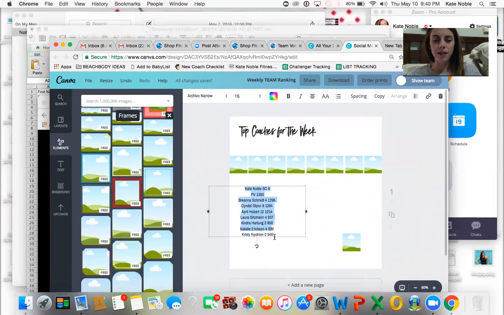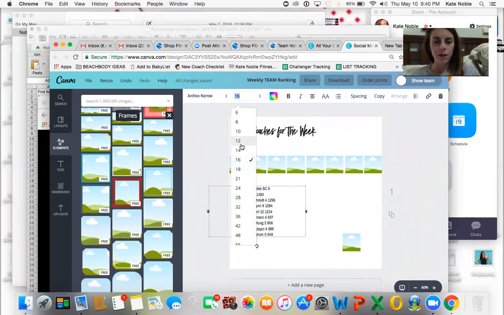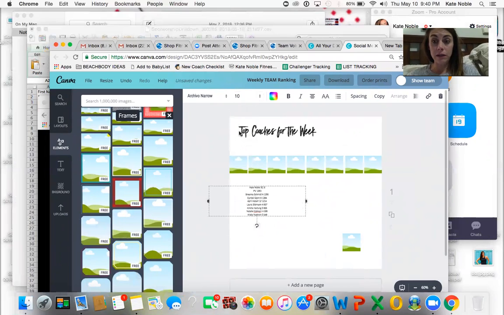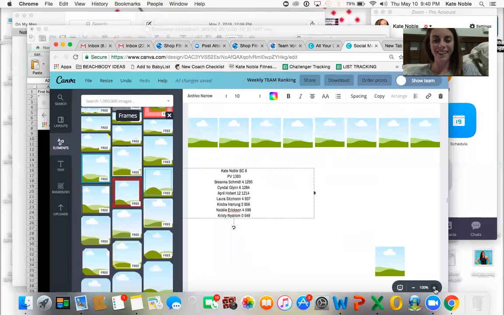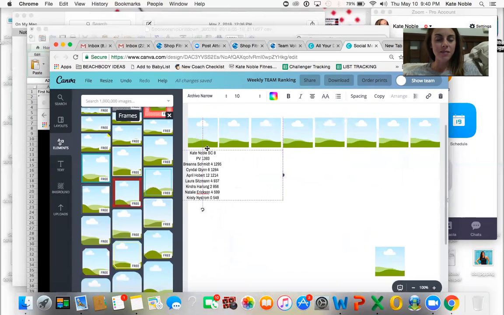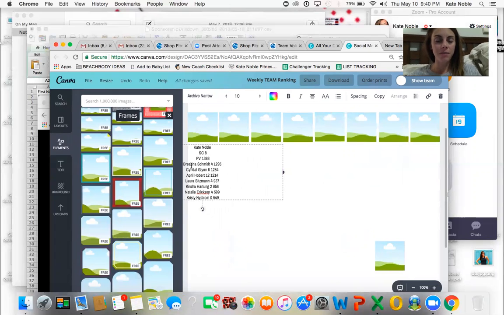Okay, and then let's just make this smaller, like 10. Oh, it looks so small, doesn't it? Maybe let's just do 100%. There we go. Okay. So I'm going to go like this and just make sure that should work. We could even do 3 lines because we have a smaller team. So I'm going to go like that, and then I'm going to